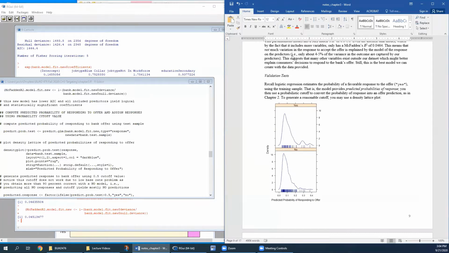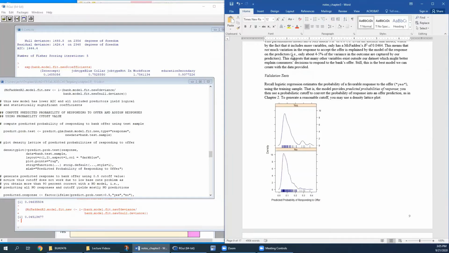So now we want to see how well that model is actually doing on predicting outcomes in our test sample. We can approach this the same way we did in Chapter 2, which is we'll create a density lattice plot, determine a cutoff value above which predicted probabilities are coded as 1 or yes, and below which predicted probabilities are coded as 0 or no. And then we can look at the Cohen's kappa and predictive accuracy to determine the performance of this parsimonious model